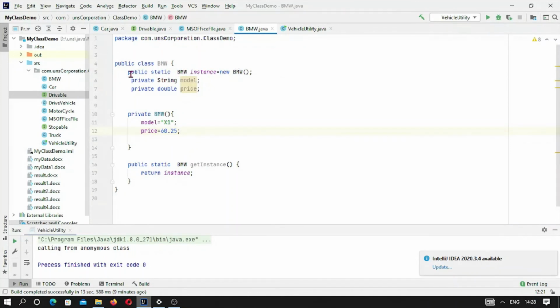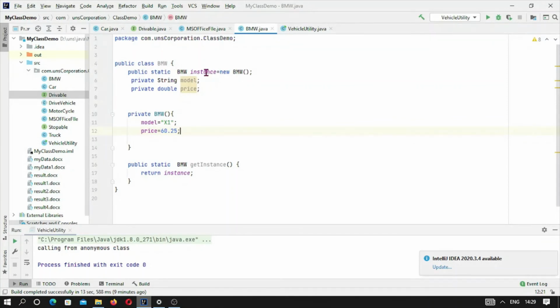So what we have done: this is static, okay, and this is a field instance of type BMW, and now here it is calling a constructor of type BMW, okay, and now this constructor is private and restricted to this class only. So this constructor can't be called from outside this class. It will be called from this field only, one time, okay.